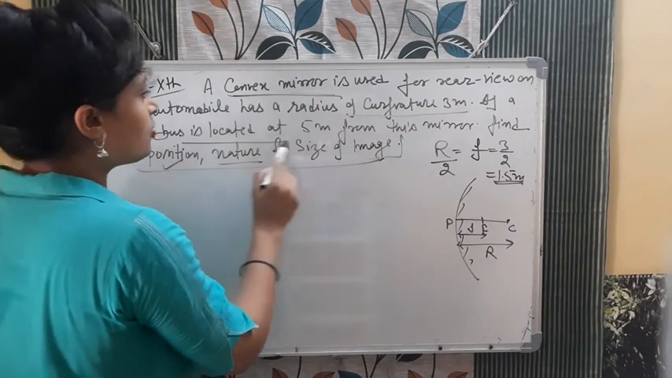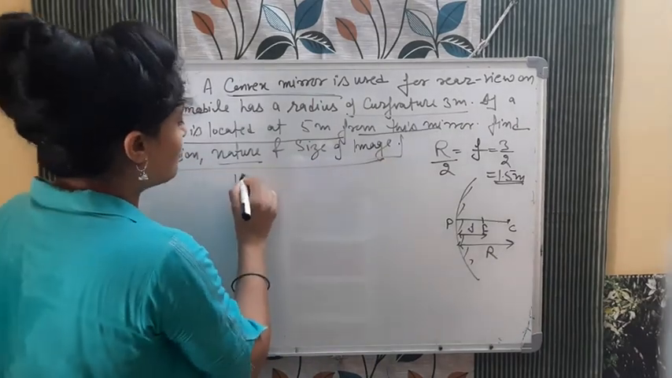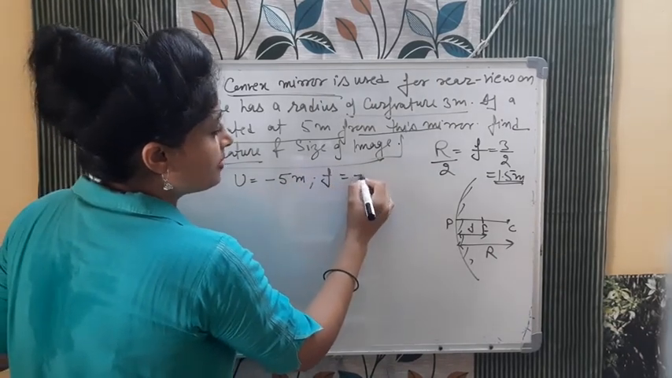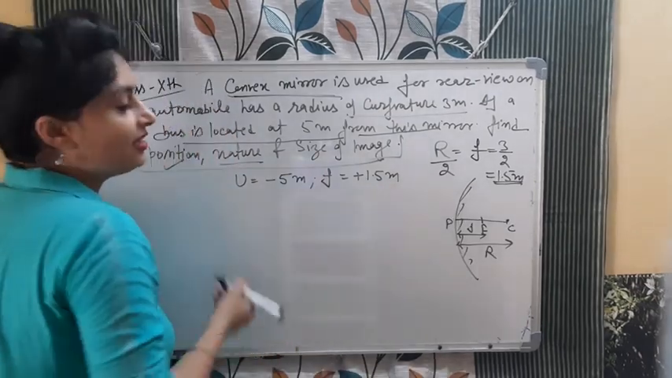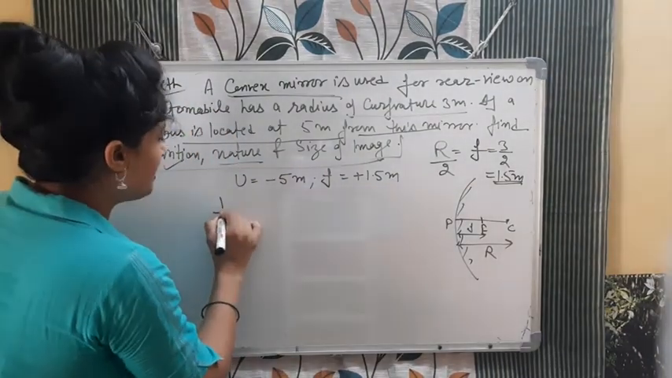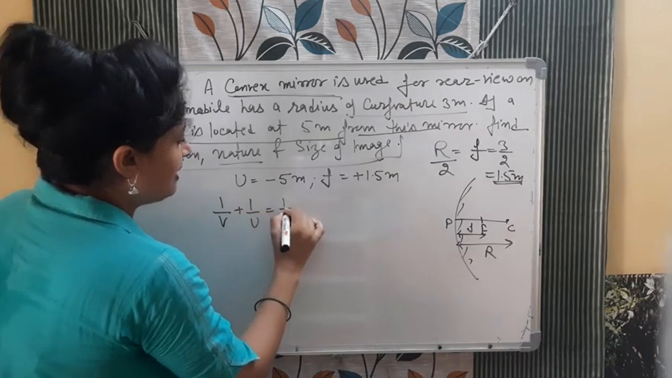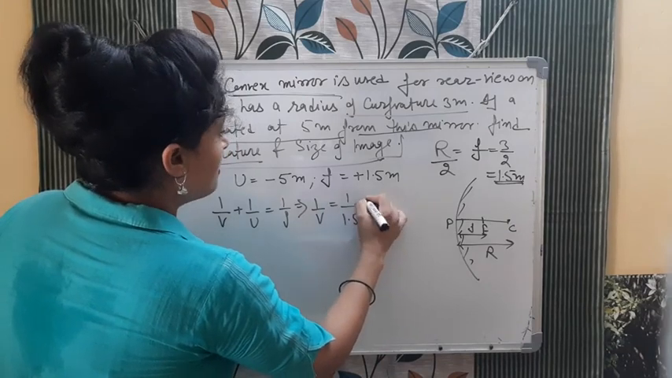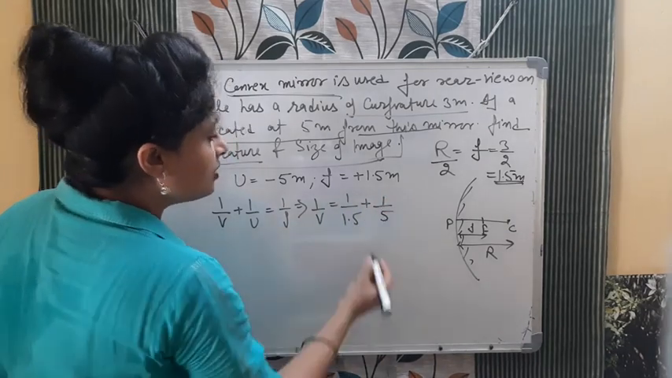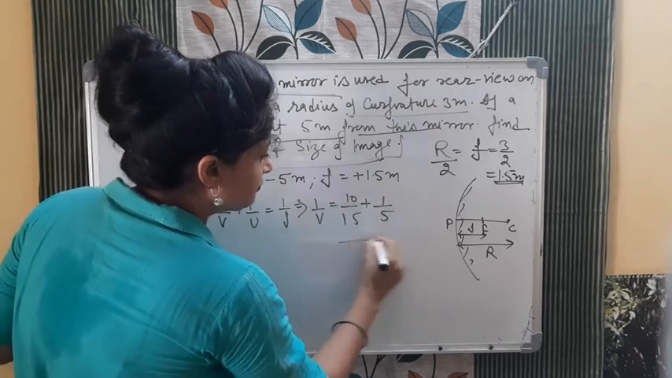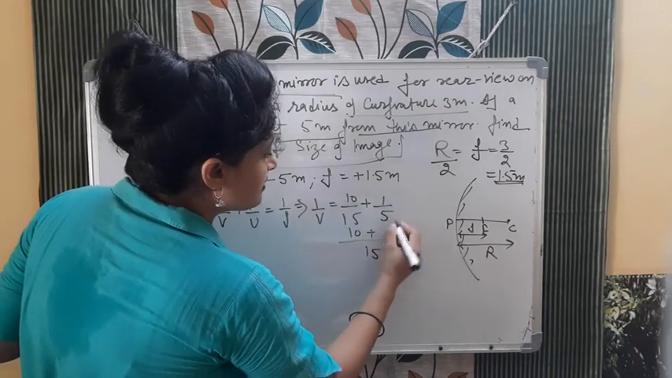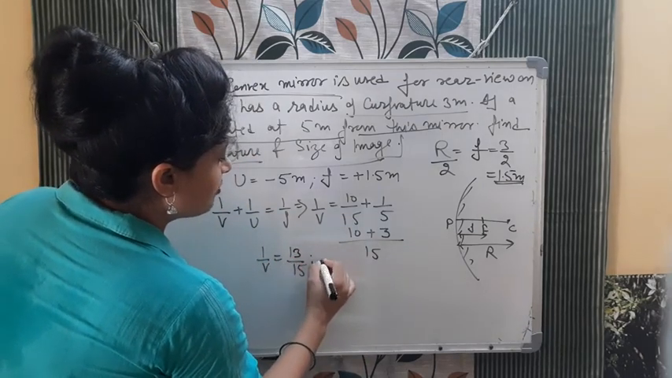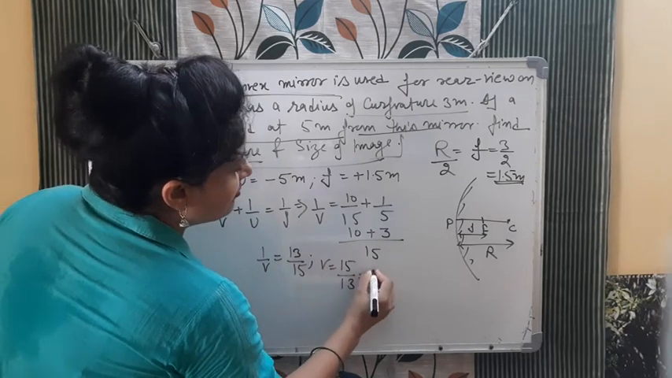Now the next thing, bus is located at 5 meter from this mirror. Now object is given. Object is always negative, 5 meter. f is plus 1.5 meter. First we need to find out v. Again use the formula 1 by v plus 1 by u is equal to 1 by f, and from here 1 by v is equal to 1 by f, 1.5, minus 1 by u, minus minus plus 1 by 5. Now we need to solve it, so it will be 10 by 15. Take 10 plus 3, 13 by 15. So 1 by v is equal to 13 by 15, and when you calculate v, it will be 15 by 13 and it will be 1.15,